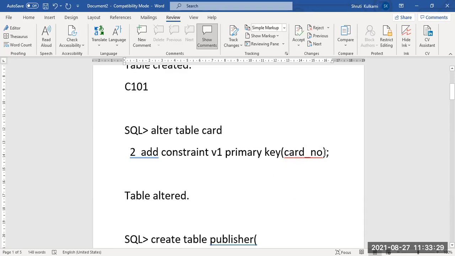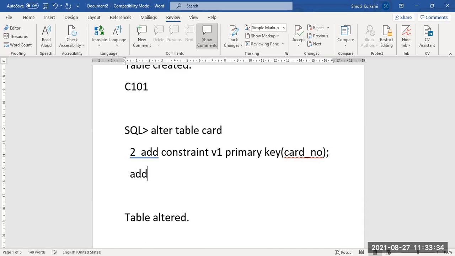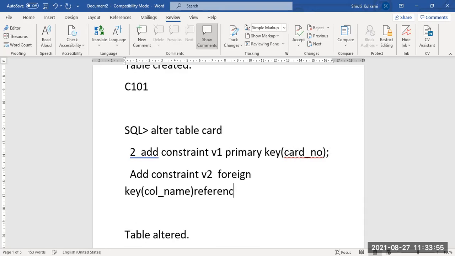Okay. And when you work for the foreign key, same thing. I will just give the example. Add constraint V2, assume that. Foreign key, provide whatever the column name is for what you want to make. If you have forgotten, I'll say column name. References. You have to mention references because you are working for the foreign key. Normally also we use references. Same way you are supposed to do here.